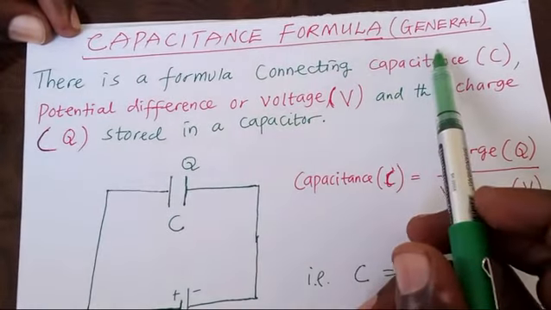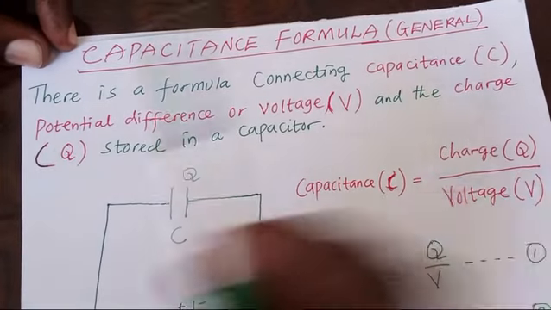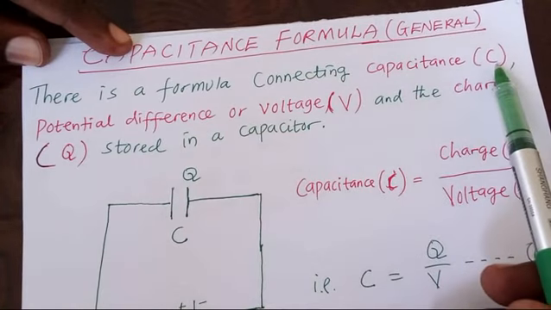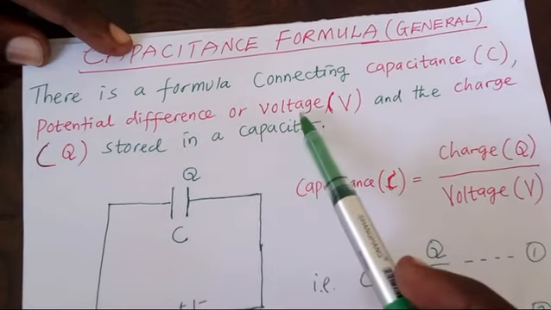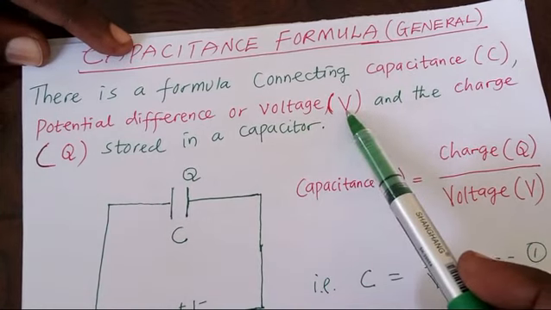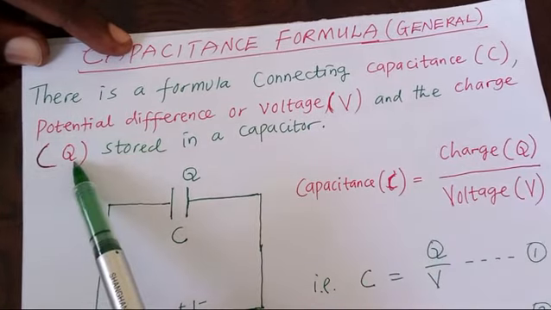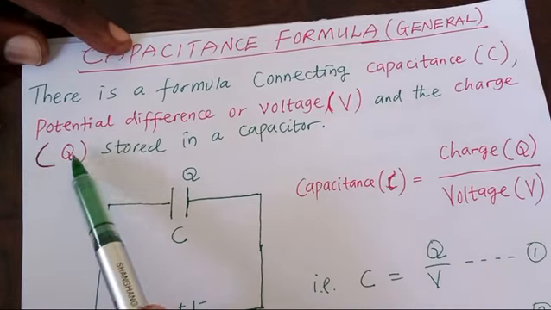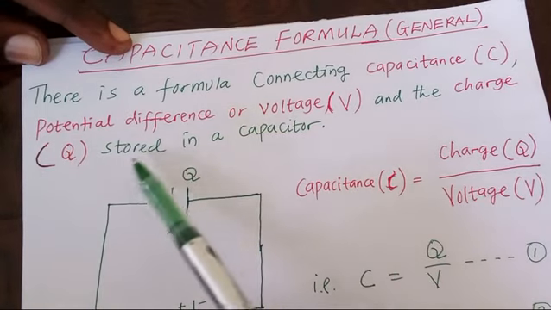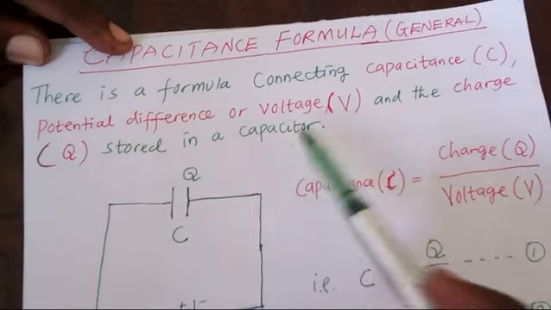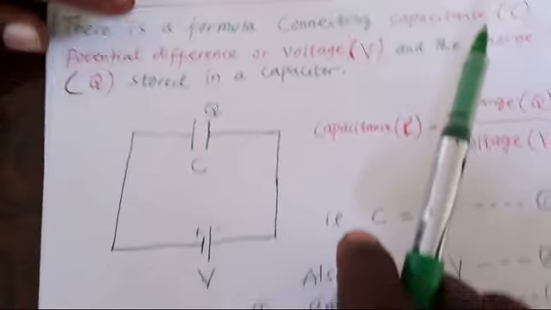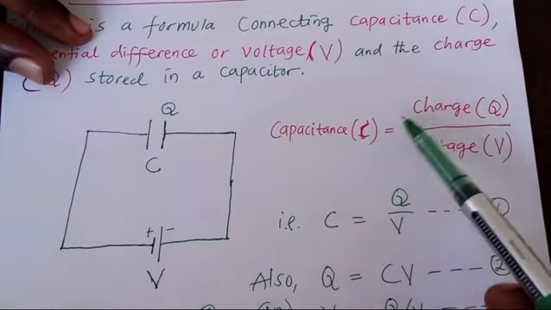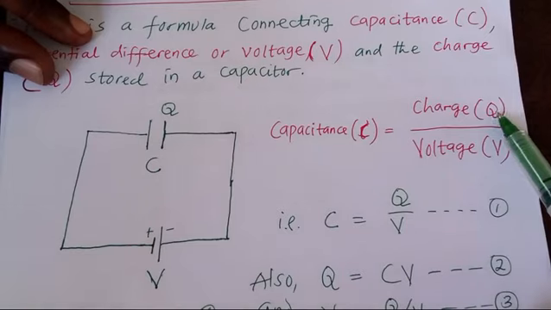The general formula, the capacitance formula in brackets general. We say that there is a formula connecting capacitance denoted by capital C, potential difference or voltage denoted by capital V, and the charge denoted by capital letter Q. Sometimes you may use small letter q. In some books they use small letter q, but capital Q is more common. The charge Q stored in a capacitor. These three are related by the formula capacitance C is equal to charge Q divided by